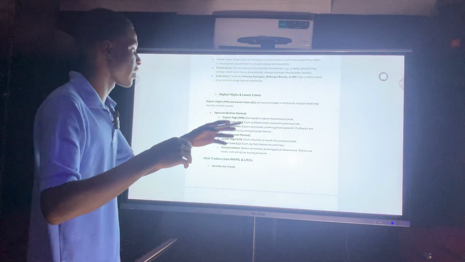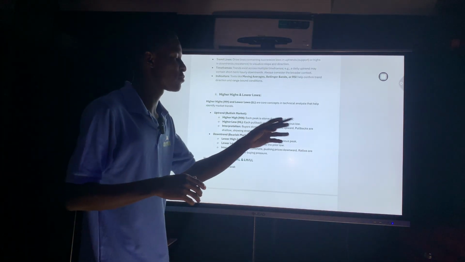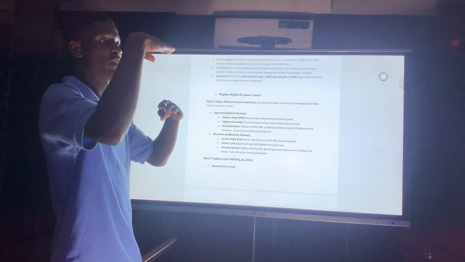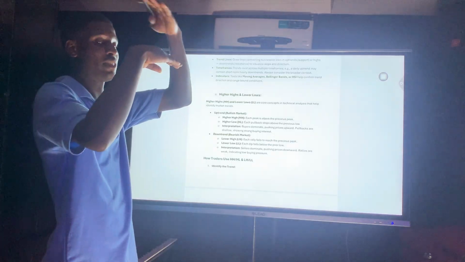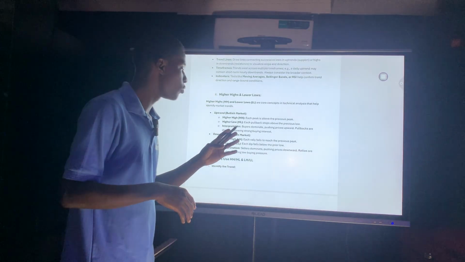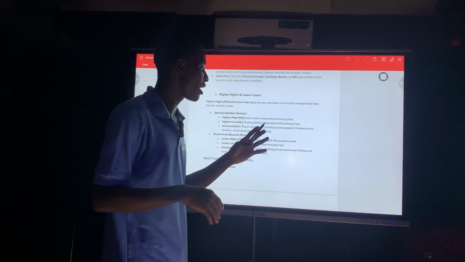that is a higher high. Each peak is above the previous peak. This peak is above this peak, is above this peak, this peak is above this peak, this peak is above this peak, like this. Then for higher low, we have each pullback stops